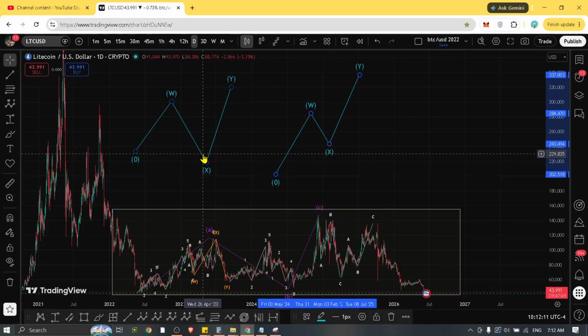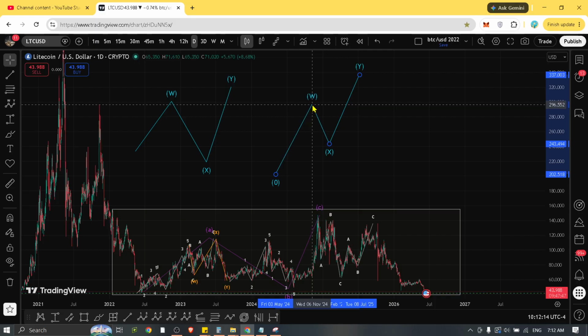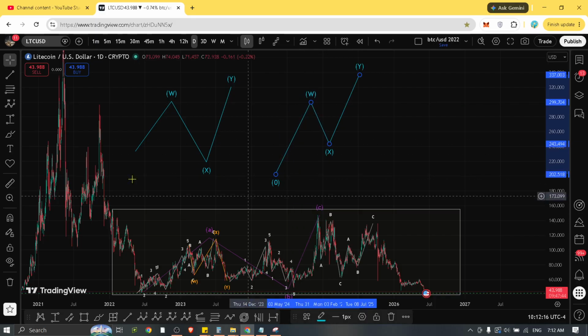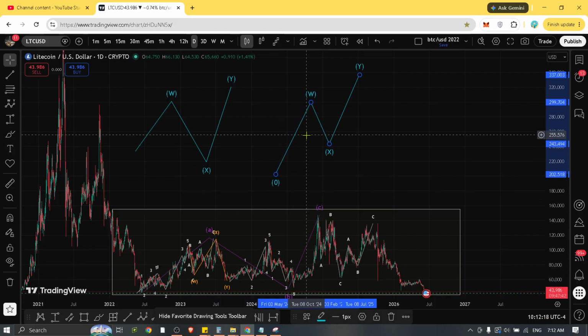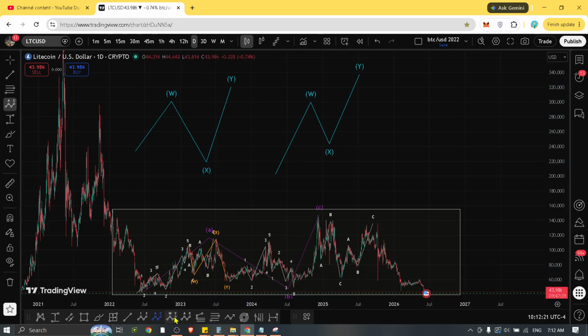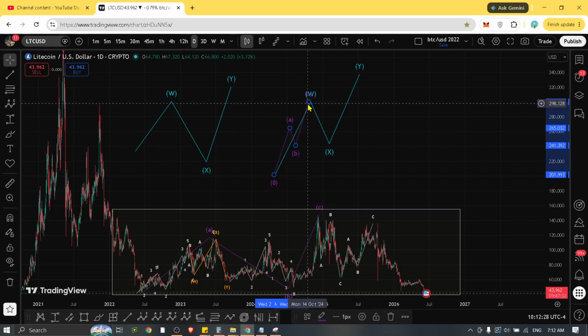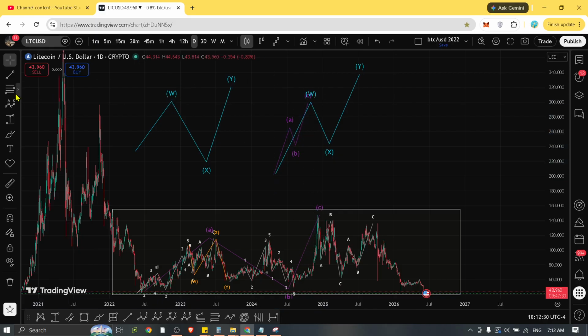Now, within W wave, it gets very complex. If we go more in depth into just a W wave right over here, this would consist of A, B, and C. All right. And inside ABC correction, so if we were to zoom in into our ABC corrective wave right over here, this would consist of 5 move up, 5 move down, and 5 move up, which is called a 5 of 5 of 5,